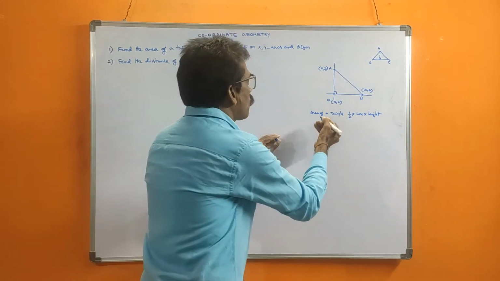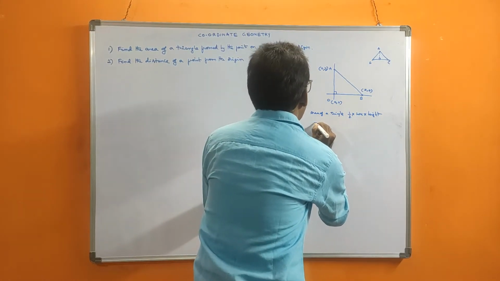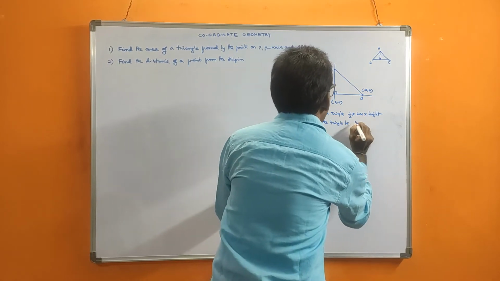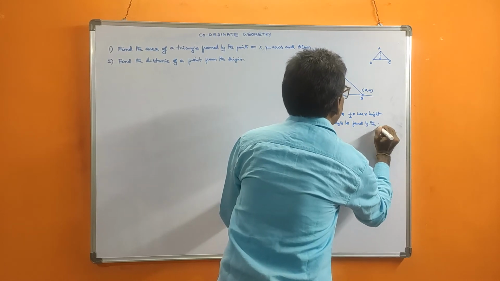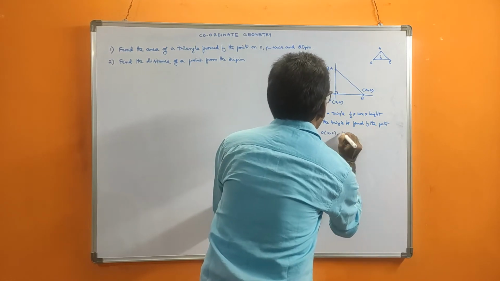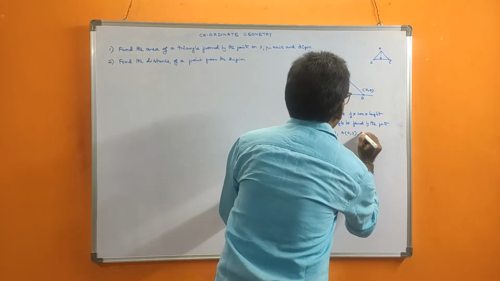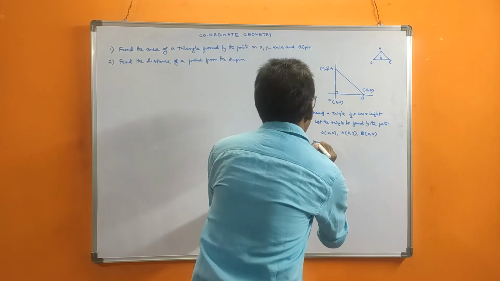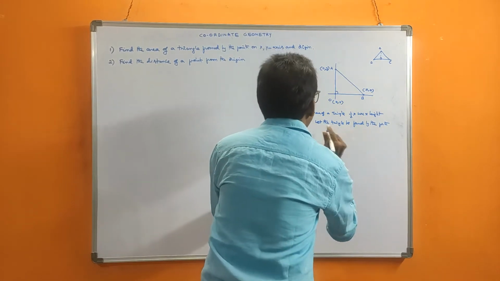So now write. Let the triangle be formed by the points O (0, 0), A (0, y), B (x, 0). We know, first only write that way, we know